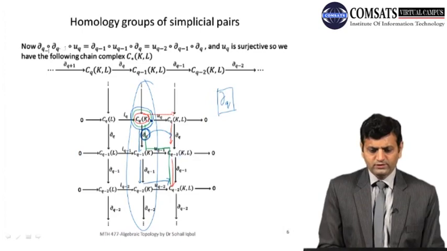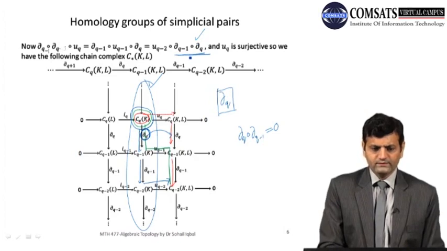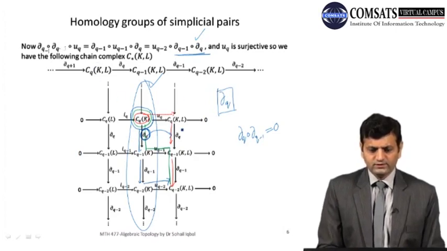Or you can just follow these boundary maps and then apply U_{q-2}, or you can turn in the middle and then come here. So eventually you will get the same result. Also we know that this is a chain complex, so if you take partial q composed with partial q minus 1, then this must be equal to 0. So if this is 0, then we can say that this composition is also 0, because this composition,